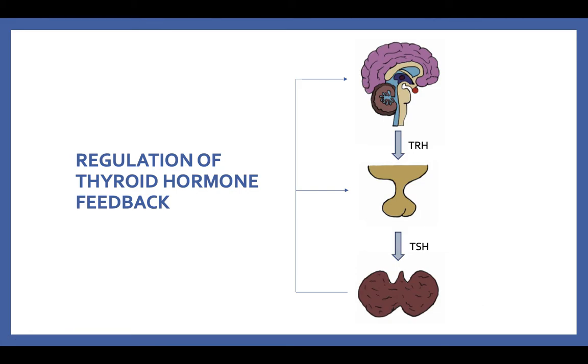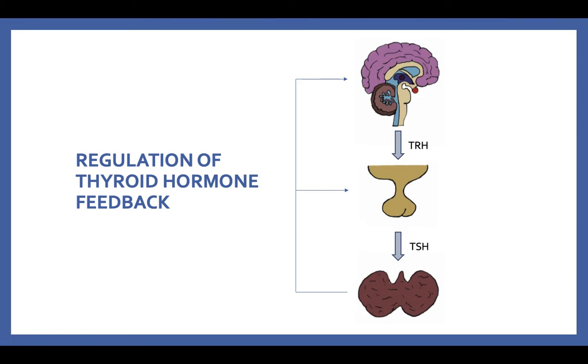But now what happens when we have very high levels of T3 and T4 in cases of pathological situations like hyperthyroidism, which is characterized by increasing levels of T3 and T4 hormones? What happens is we have a negative feedback mechanism that occurs in order to stop the production of thyrotropin releasing hormone from the hypothalamus and thyroid stimulating hormone from the pituitary, in order to decrease the synthesis of these hormones in the case of hyperthyroidism. And in the case of hypothyroidism, it would be less.